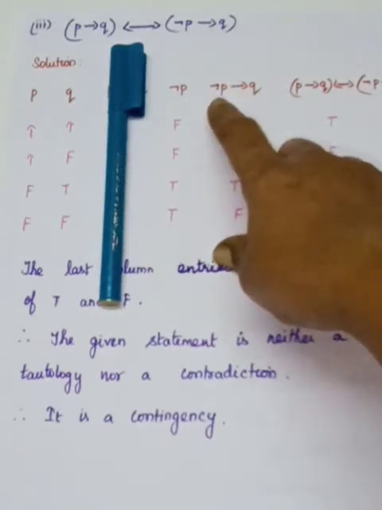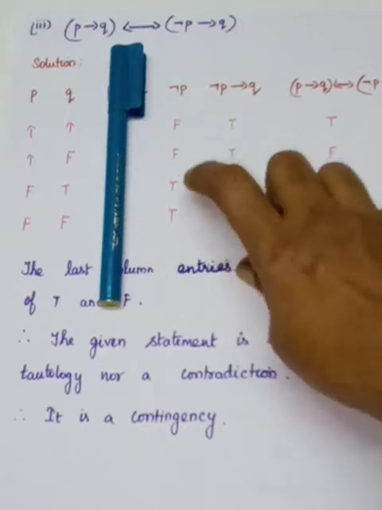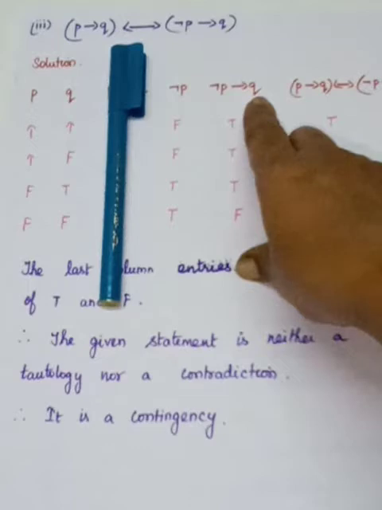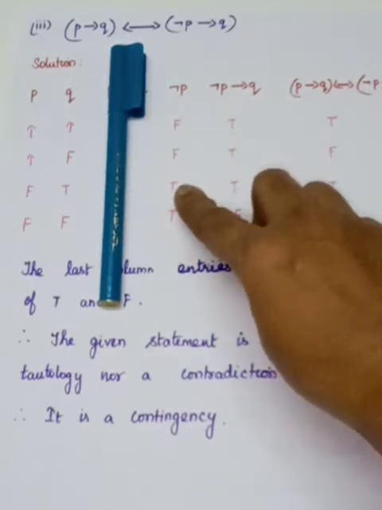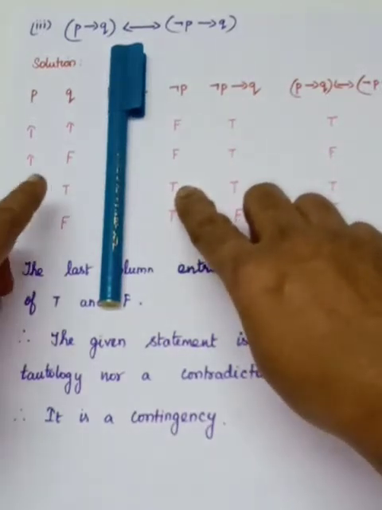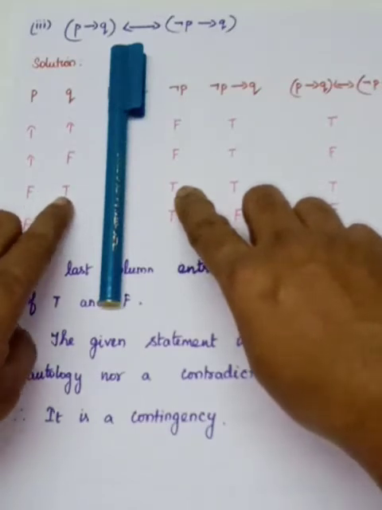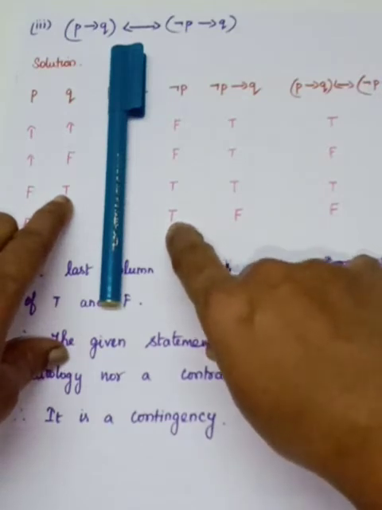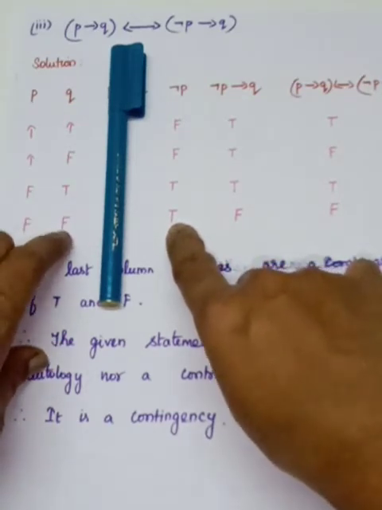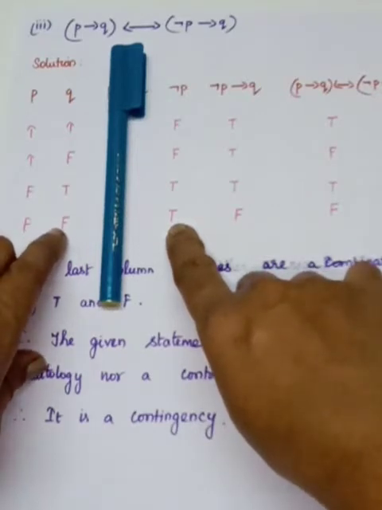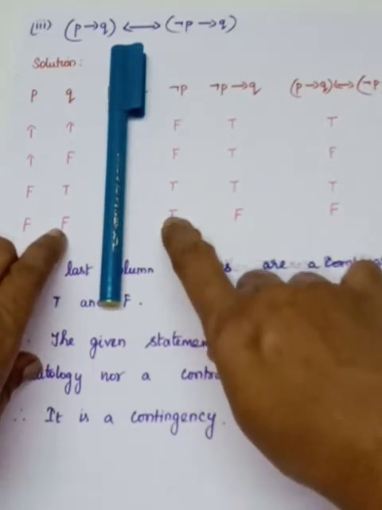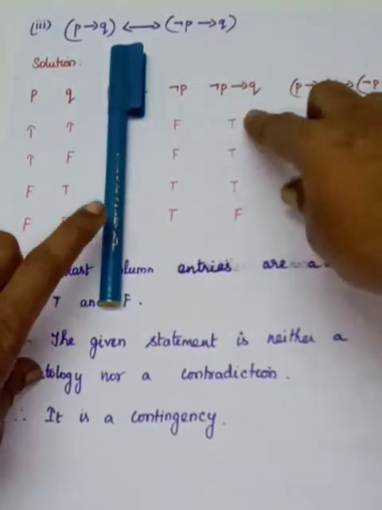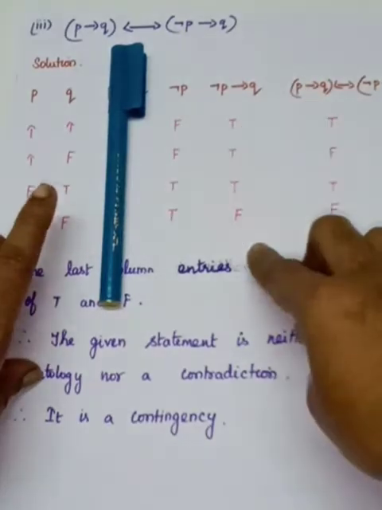In the first statement, what you should have? You should have T. So in 2 places, you will have T. But in the second place, what you should have? F. So see that for this first one, here you are having T, but Q also you are having T. So our condition is, the first statement should have T and the second statement should have F. So in the 4th row it will satisfy the condition. If you have T, F, what you have to write? F. The other results are T. So I have written here.